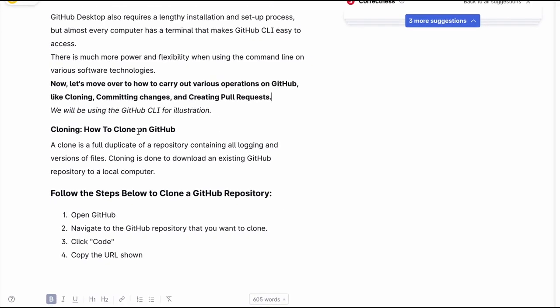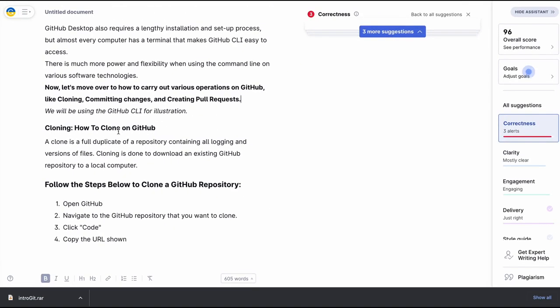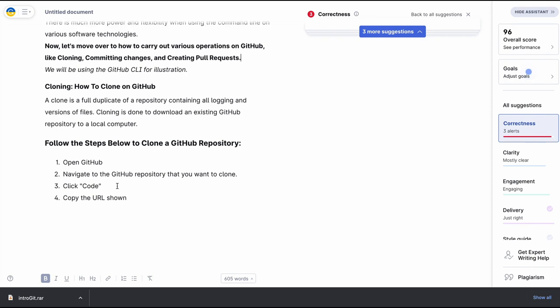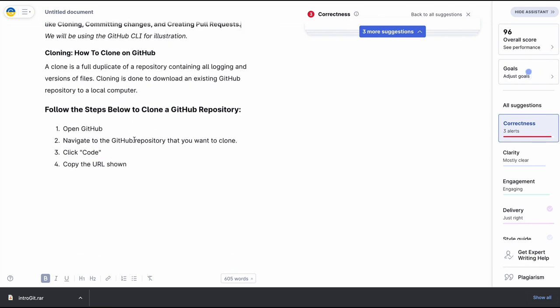So I would say work more on the clarity. This should be a subtopic, explain the cloning, then how to clone on GitHub should be a subtopic in this whole cloning topic. The cloning is a topic, sorry, then how to clone on GitHub will be a subtopic.